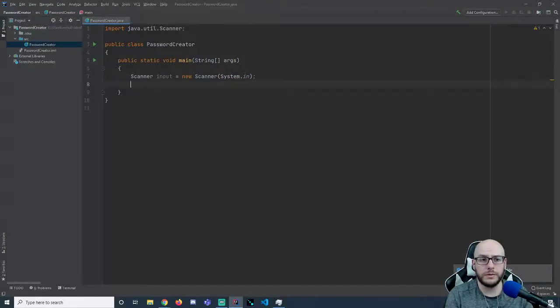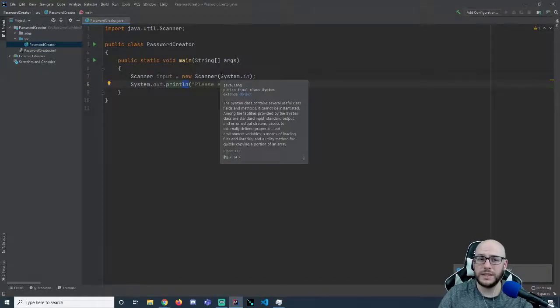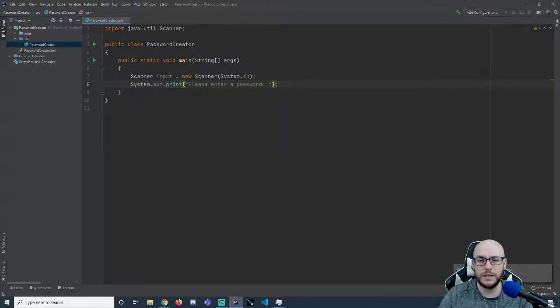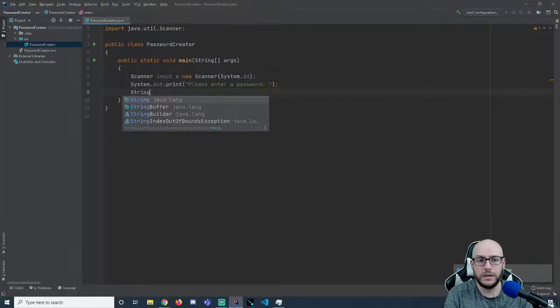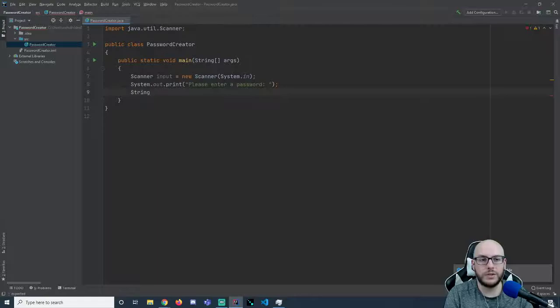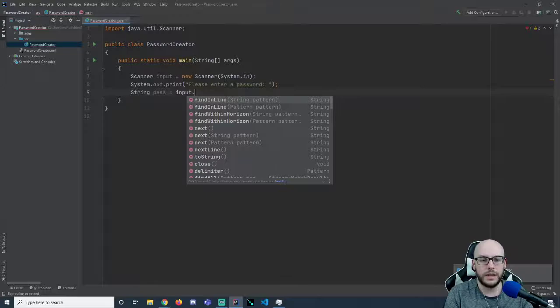Okay, we're going to prompt the user. We're going to say something like, please enter a password. I really like using just a normal print statement instead of a println in these cases. That way, whatever the user enters is going to show up next to this prompt. However, whenever they enter that, we need to actually capture it. And keep in mind, what we're getting here is text. It's a String. So I'm going to say String pass, or password, is going to be input, the Scanner, dot